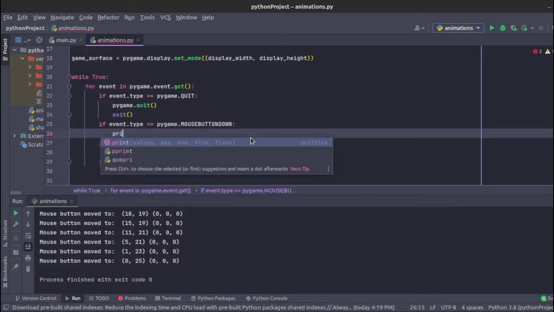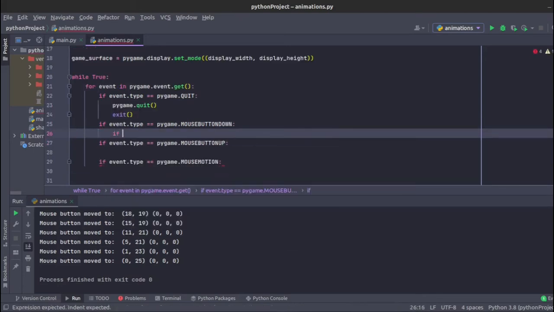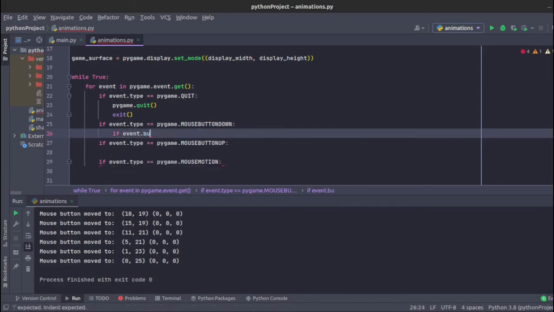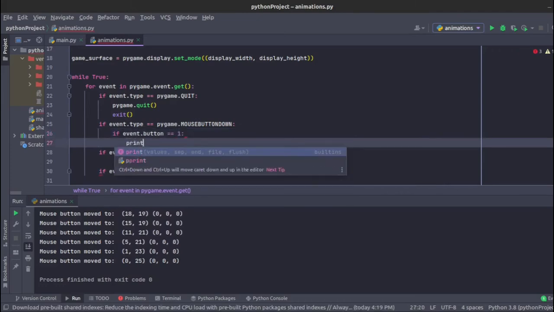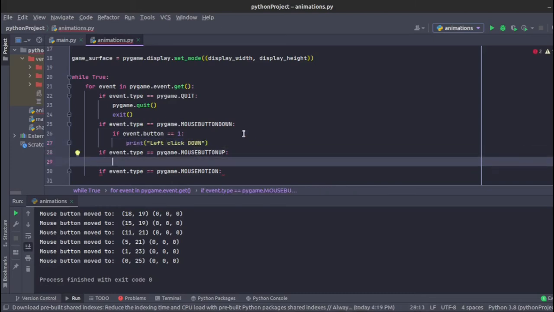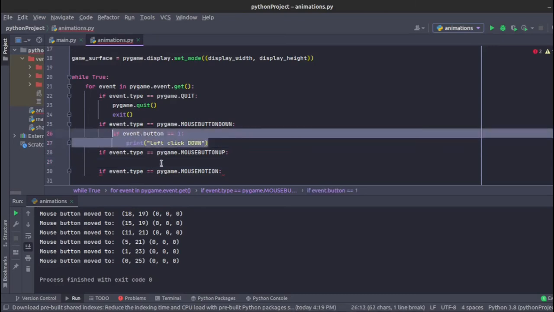And we could say, if event.button equals 1, that means it's our left click. So let's print "left click down", and now let's just copy this. Actually, let's copy the whole loop here,